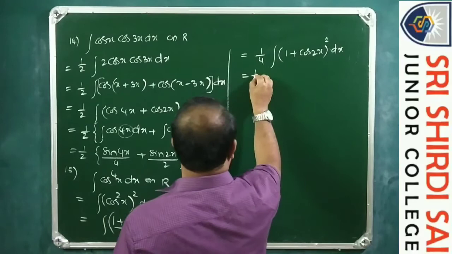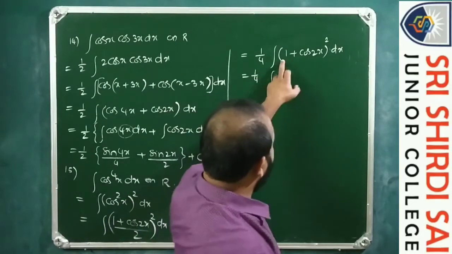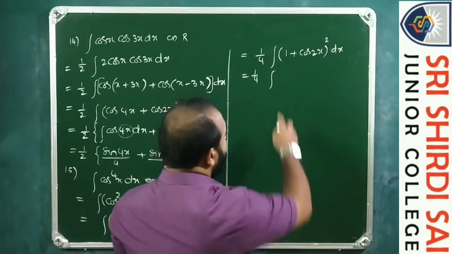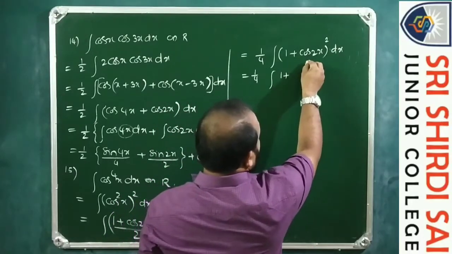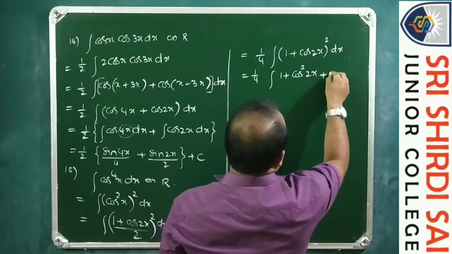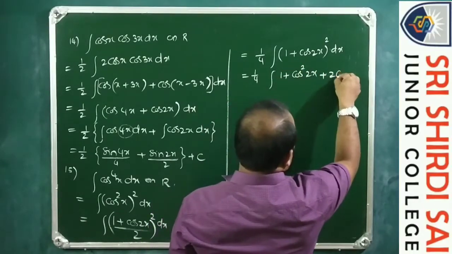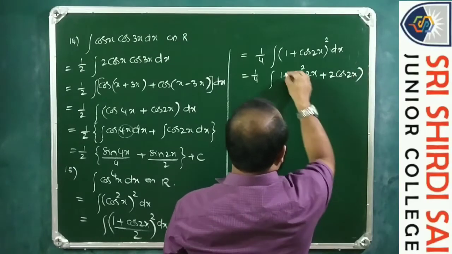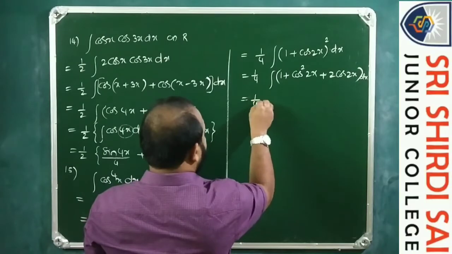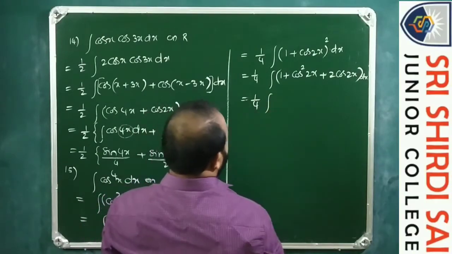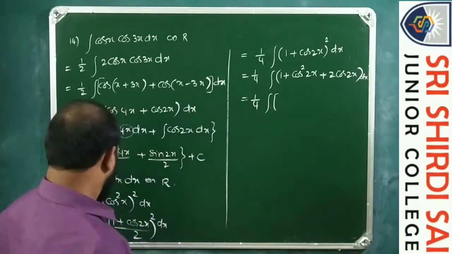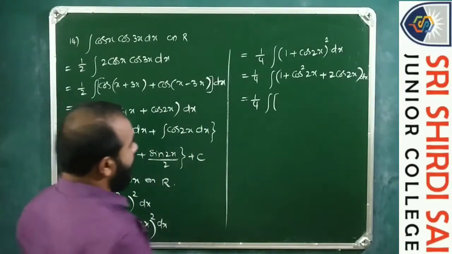So 1 by 4, this is (a plus b) whole square, a square plus b square plus 2ab. 1 square is 1, plus cos square 2x, plus 2 into 1 into cos 2x, so 2 cos 2x, whole dx. So this is equal to 1 by 4, 1 plus